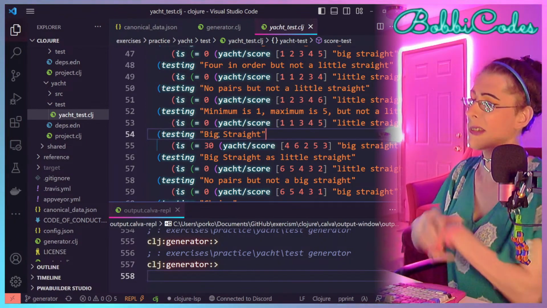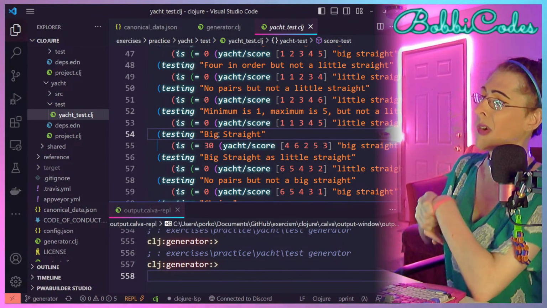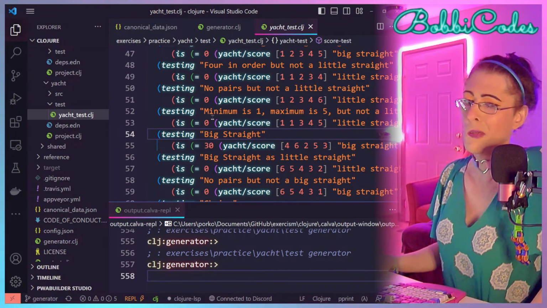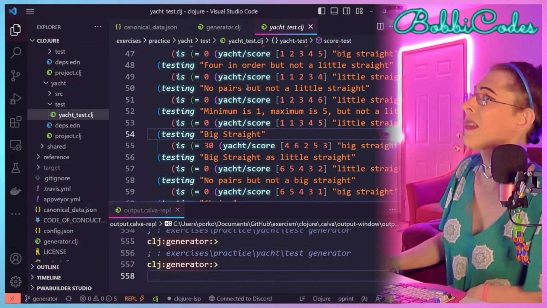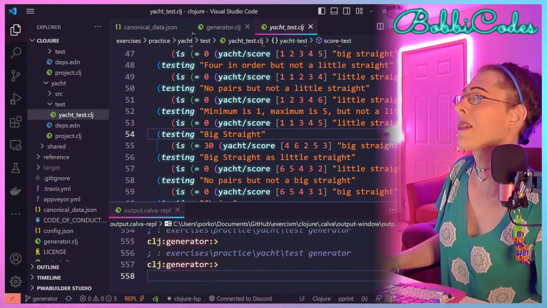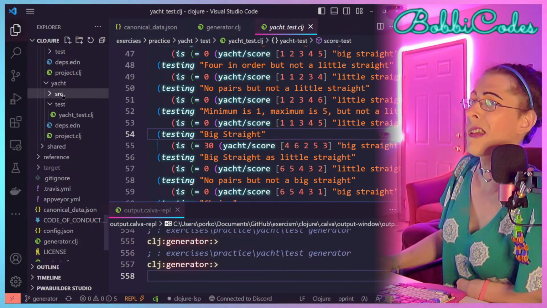But first, we're going to want to generate the exercise source, the stub file, and that should be pretty easy, really. It's going to be in the source directory.